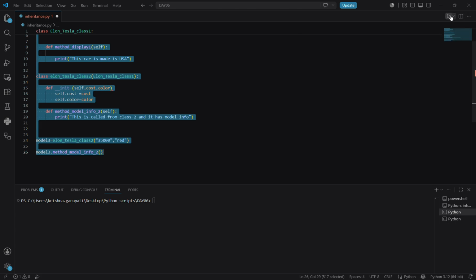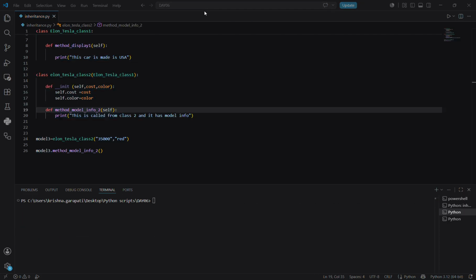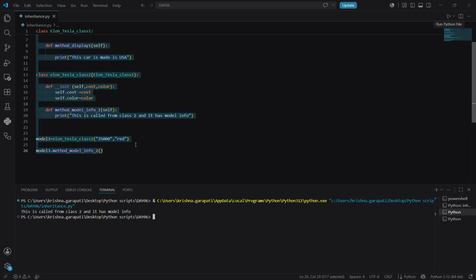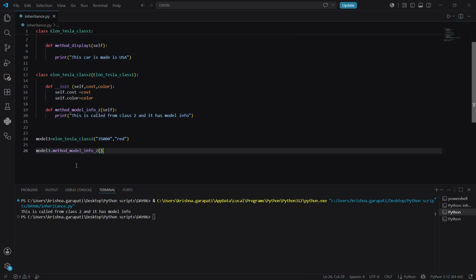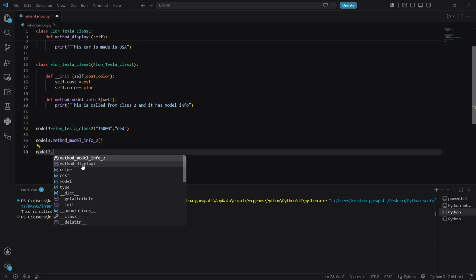We'll try to run this code. So we created an object from class 2 and we called a method that also belongs to class 2. Now we'll try to call a method from class 1, model 3 dot,